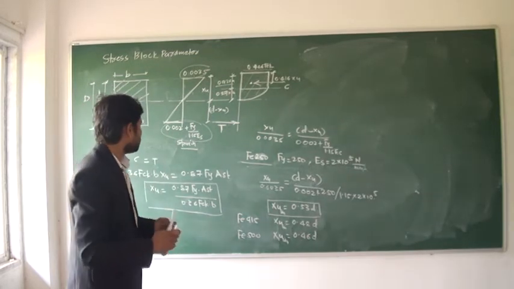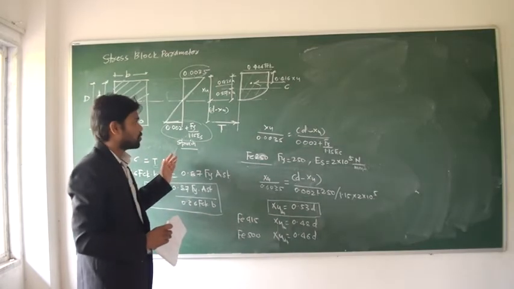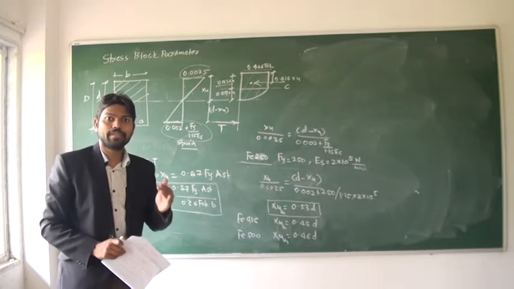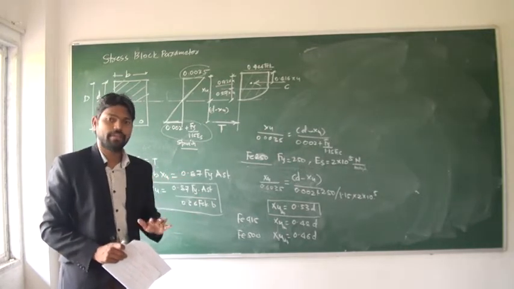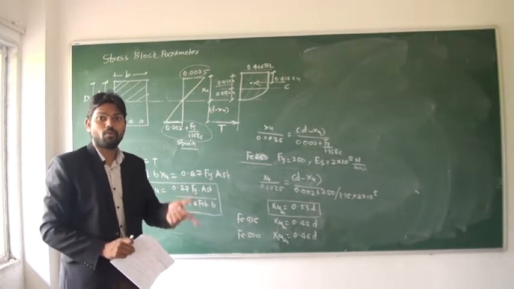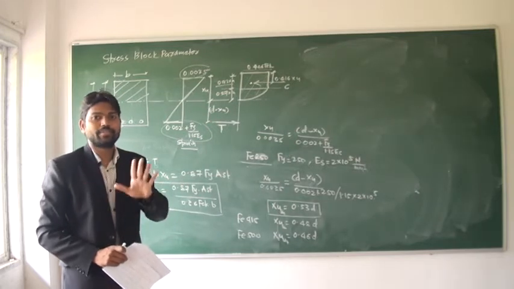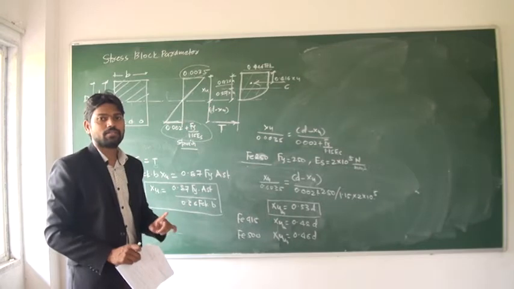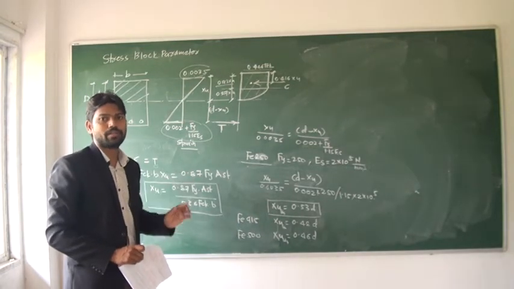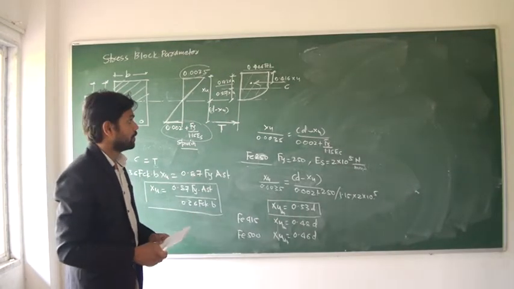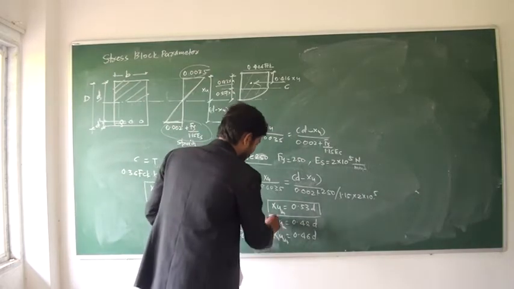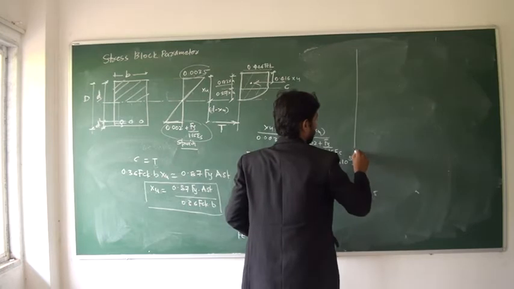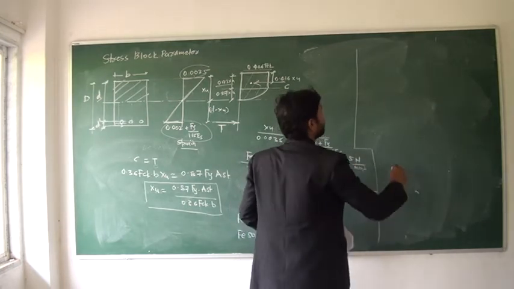If your reinforcement is equal to the balanced section reinforcement, it is okay. If your reinforcement is less than the balanced section requirement, it is okay. If your reinforcement is more than the balanced section requirement, then your section is over-reinforced, which is not allowed, because such a section leads to brittle, sudden failure. Now how to calculate that Pt? Please note these constants. How to calculate that percentage steel limit, the Pt limit?